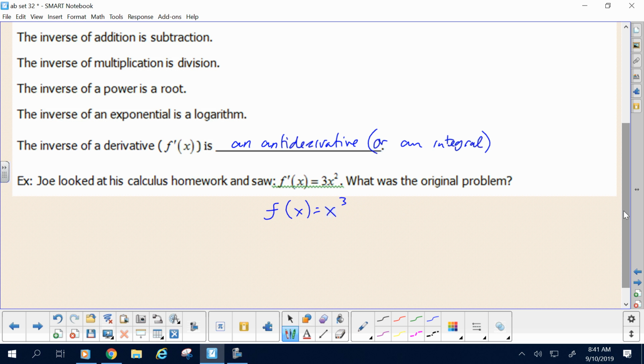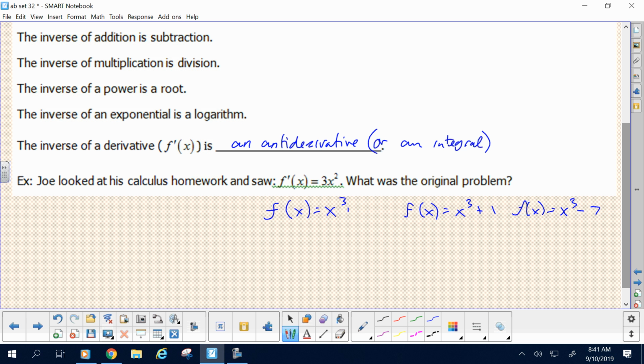What about if I told you it wasn't x cubed? What if I told you it was x cubed plus 1? Could it have been x cubed plus 1? Yeah. Could it have been x cubed minus 7? Yeah, all right. So if I were to actually say what was the original problem, it would be more like